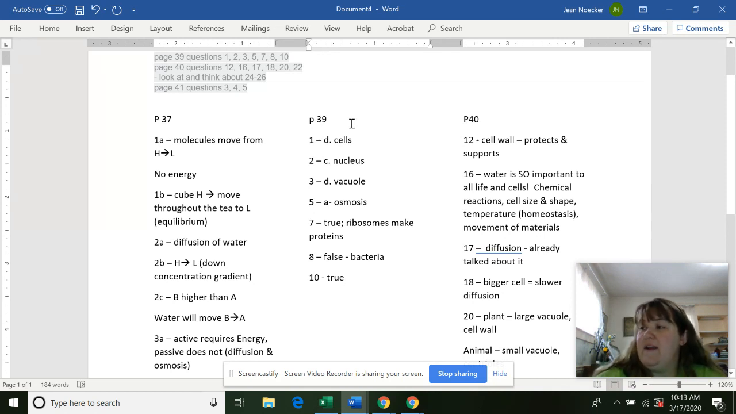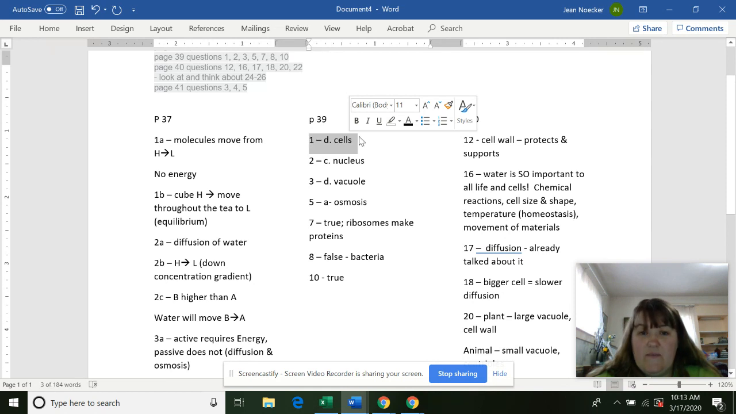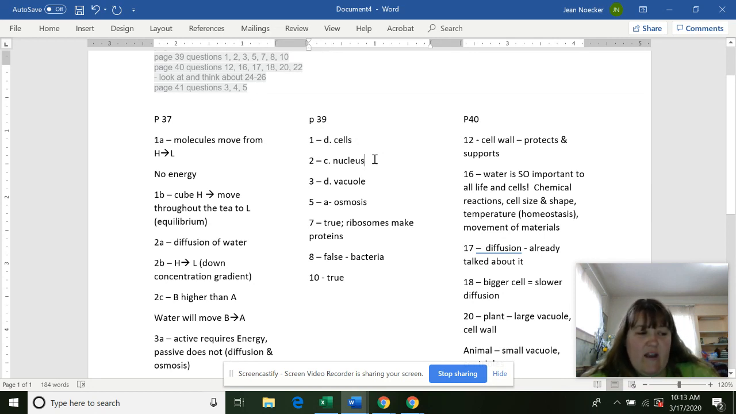39, let me turn my page. All living things are made of cells. Cells are the basic units of life. We can't forget that. In plant and animal cells, the control center is the nucleus. Bacteria don't have a formal nucleus, but they have circular DNA, so their DNA just kind of hangs out. Sometimes it's RNA. Most of the time it's RNA. But